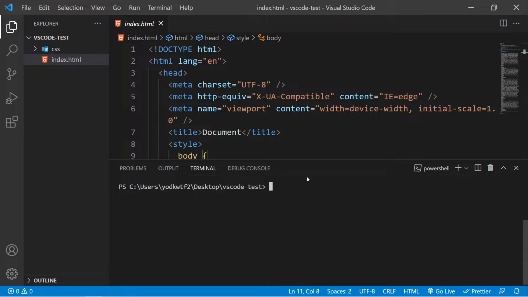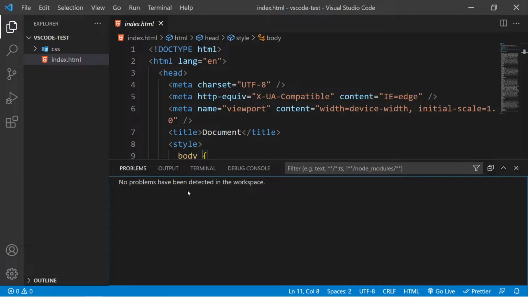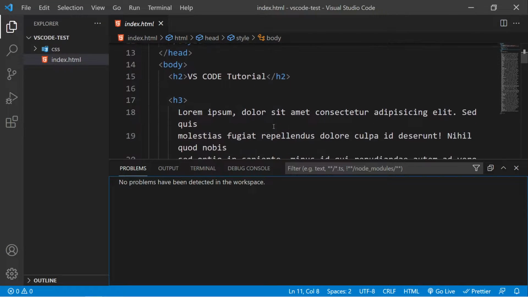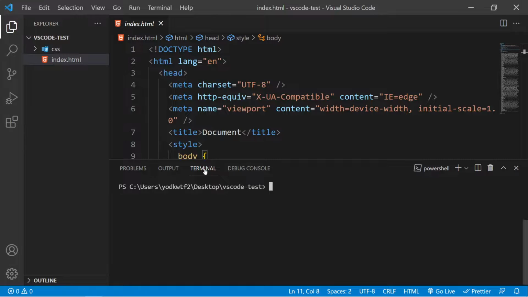Now let's see the different options we have in this terminal. So we have a debug console that is used for debugging when you're working with complex programs in Python or other programming languages. We have terminal for writing commands. We have the output tab that works as a console. Then we have a problems tab which shows us any issues with our code. Right now we are just using a simple HTML file, so we don't have anything. But when you're working with TypeScript or JavaScript or something like that, you will see the issues if you create one in this tab. So let's move back to the terminal for now.